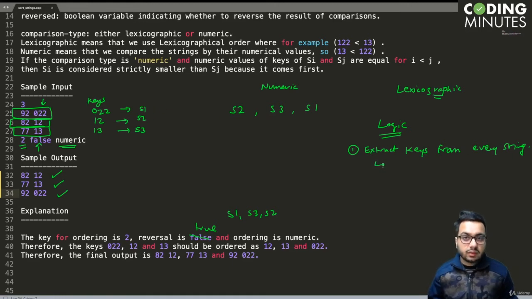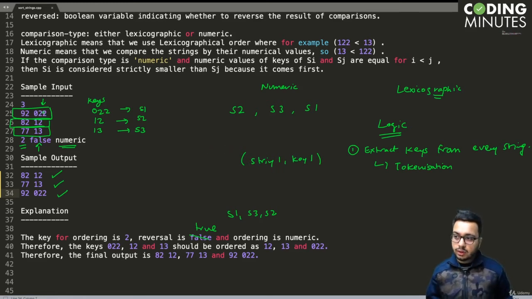For that we will take help of tokenization while implementing the code. Another thing I will do is store this data in the form of string 1 followed by key 1. I will create a pair, so that I do not need to extract the key again and again. When you're going to compare two strings, you need the key.